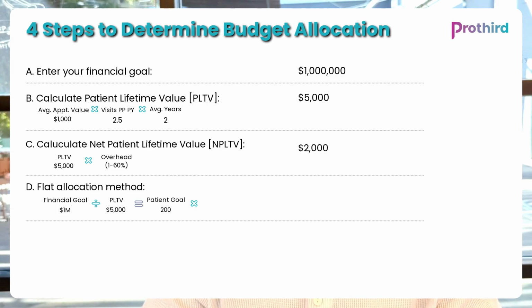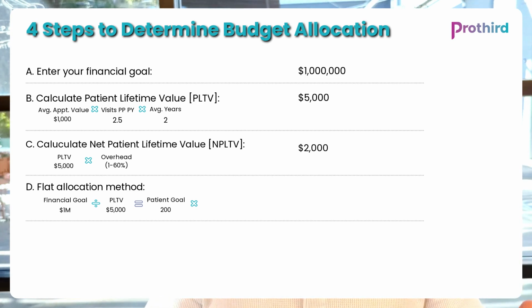Okay. Now that we know we need to get 200 patients, how much can we spend? Right. This is where a lot of people don't know where to go. Well, this is where we're going to take our patient lifetime value number of $2,000. And the reason why we're doing this is because we know each patient brings us $5,000, right? And $3,000 of that has to go directly to maintaining costs, maintaining overhead. So we know theoretically that we have $2,000 as a baseline that we can safely say, hey, this is money